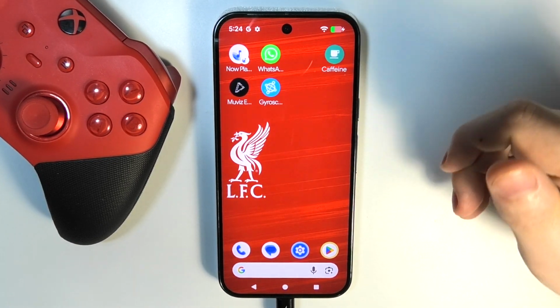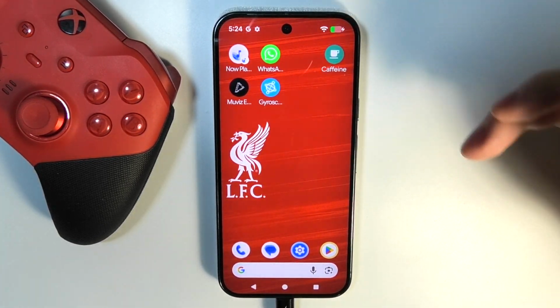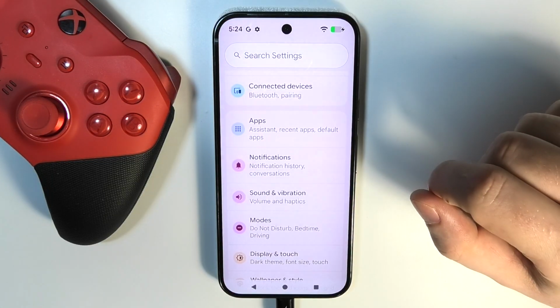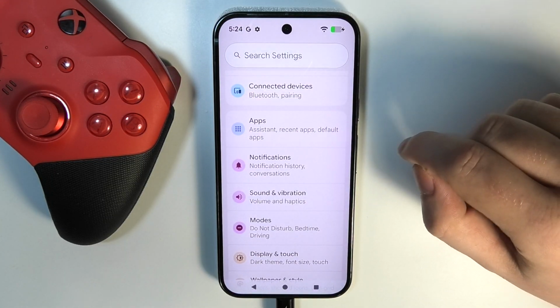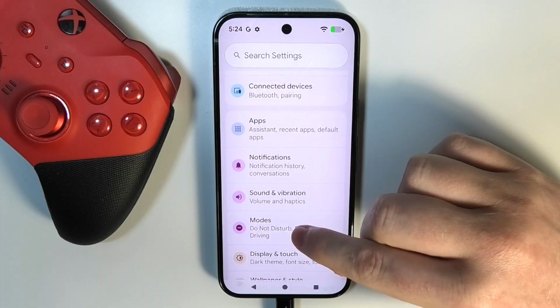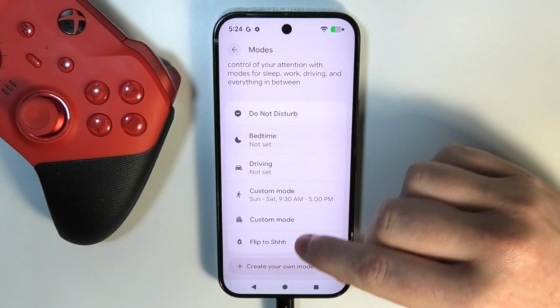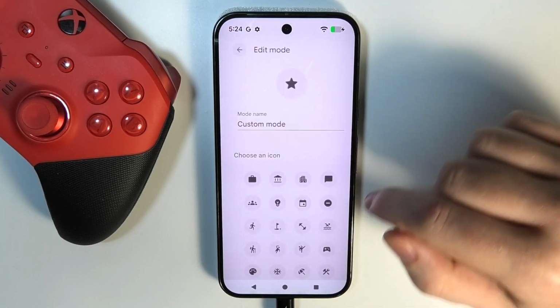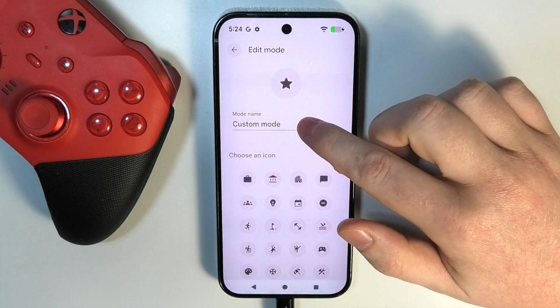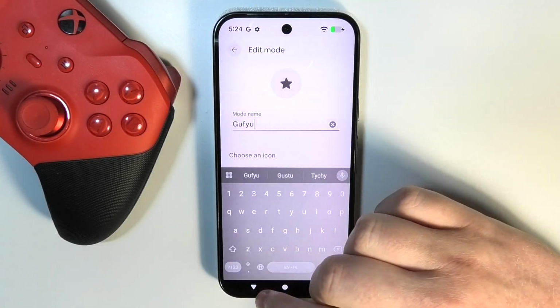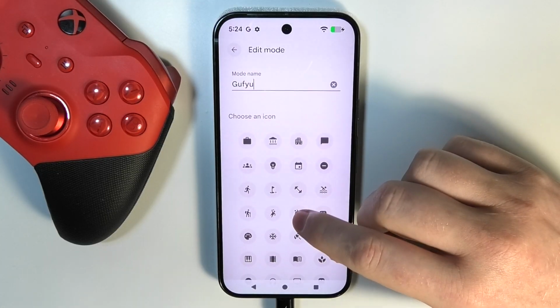To create a custom mode for your Pixel 10, first let's open the settings on our device. Next step is to find the modes section. Select it, then move down to create your own mode right here. Then you can pick a name for your mode, whichever one you like, and you can also change an icon